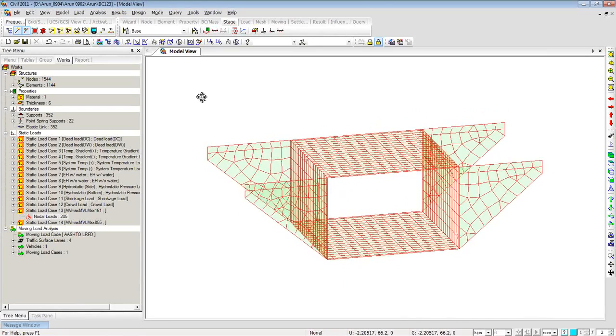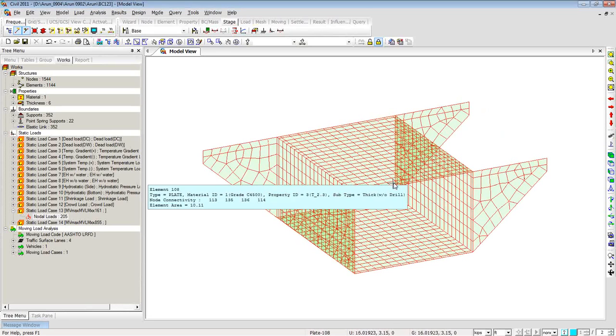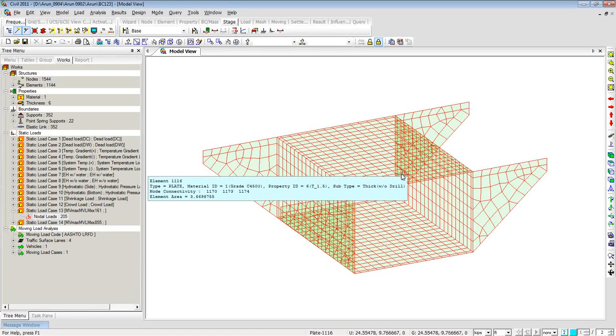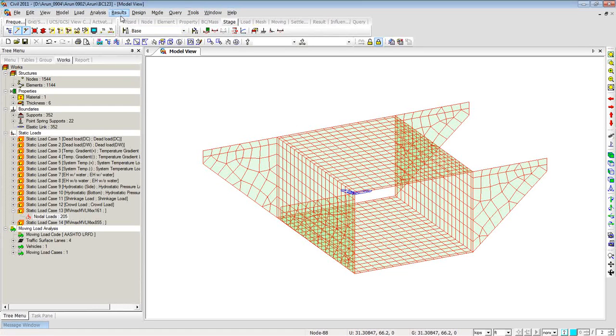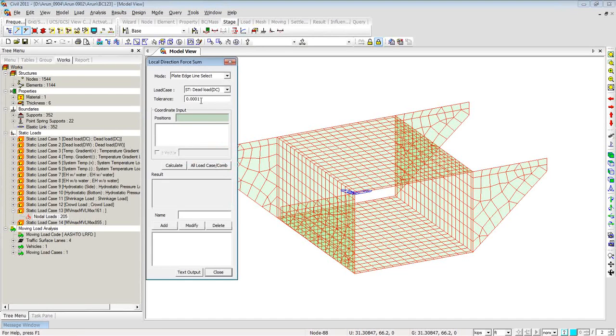Now let's say you being engineers, and of course we need to design this slab, so we want the equivalent forces. We don't care about the forces per unit foot or stress values that are out there. We want to extract what forces are there at a particular cross section for me to go ahead and design this member. So for this type of need, we have a feature called local direction force sum, which is located under result. You can click on this and set, let's say, the tolerance as 1 here, and you can click on the position,